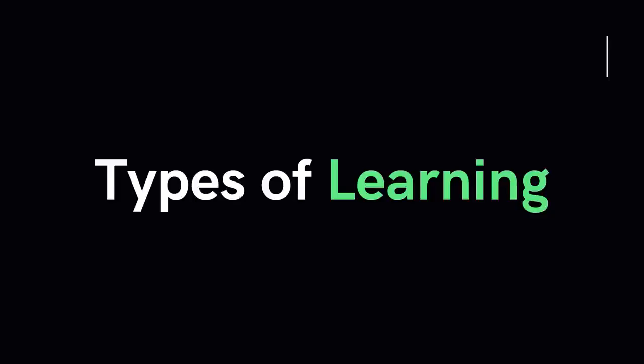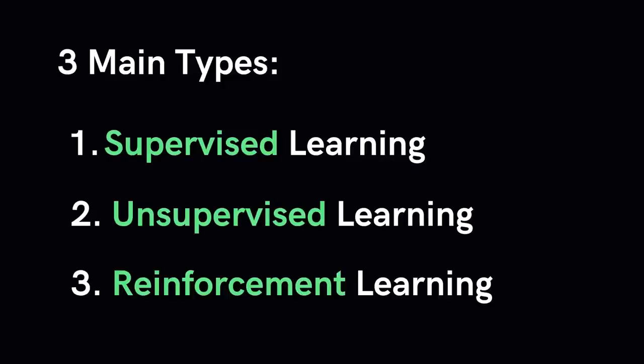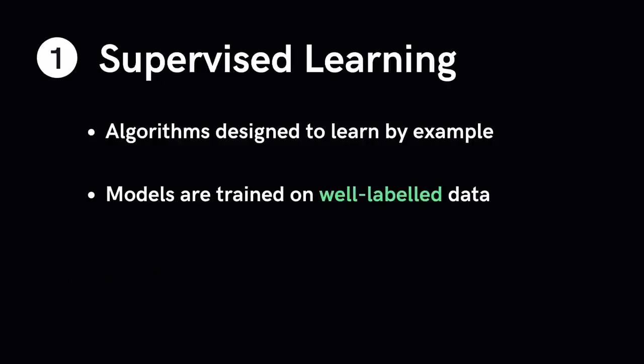In this section, we're going to talk about the different types of learning, which are machine learning concepts but are extended to deep learning as well. In this course, we'll go over supervised learning, unsupervised learning, and reinforcement learning. Supervised learning is the most common sub-branch of machine learning today. Typically, if you're new to machine learning, your journey will begin with supervised learning algorithms. Let's explore what these are.